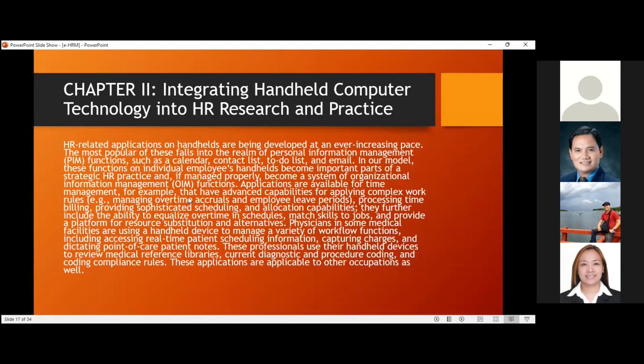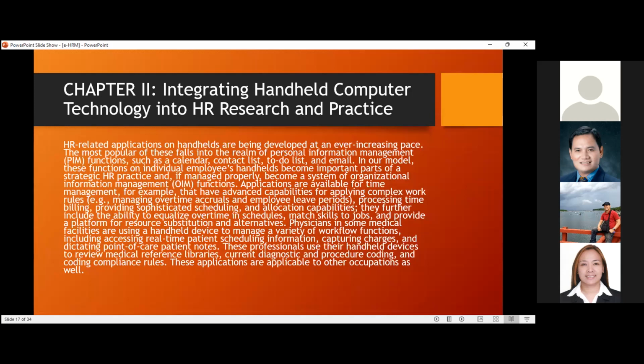Applications are available for time management, for example, those that have advanced capabilities of applying complex work rules, such as managing overtime accruals and employee leave periods, processing time, billing, and providing sophisticated scheduling and allocation capabilities. They further include the ability to equalize overtime in schedules, match skills to jobs, and provide a platform for resource